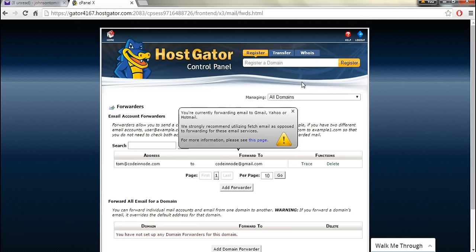If you have a Gmail account that you usually check, it makes a lot of sense to have it forwarded to that Gmail account in this case. So I just think it's a convenience factor to have it sent like this, and you'll probably receive less spam as well. Now we will click Add Forwarder,